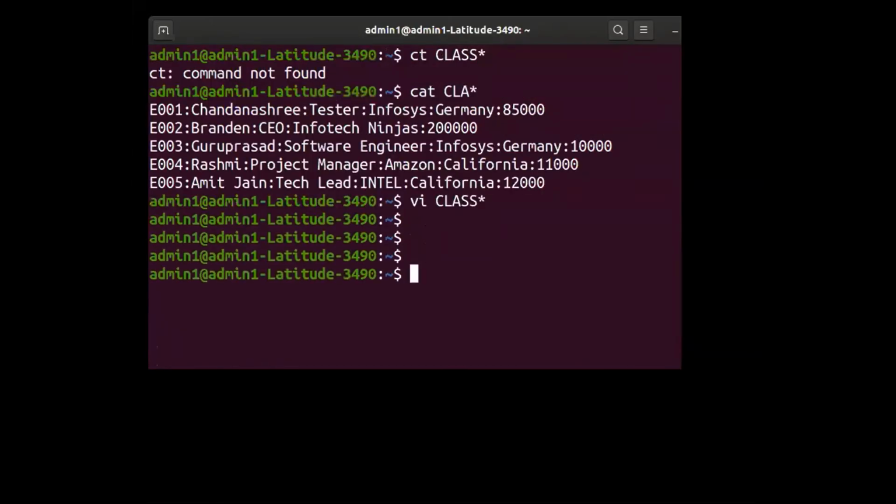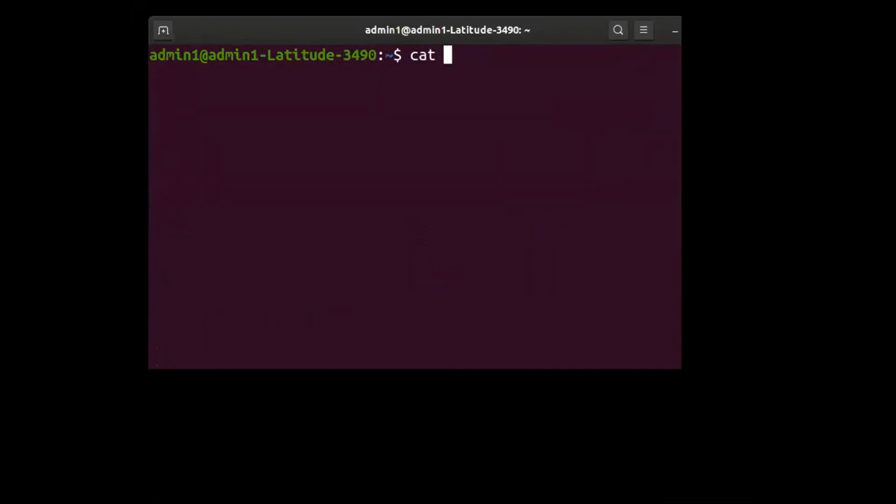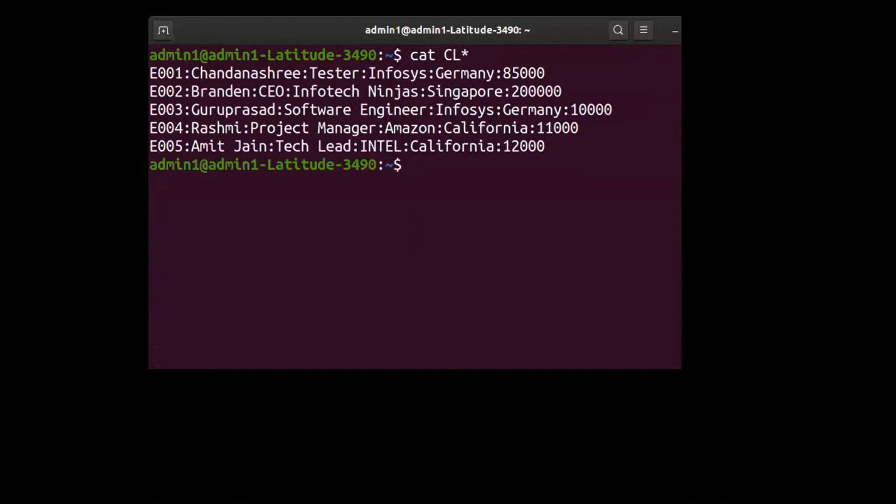So we have 6 fields and 5 records. I'll just display it once again: 6 fields and 5 records. Each of these records belongs to Chandanashri, Brandon, myself, Rashmi, and Amit.